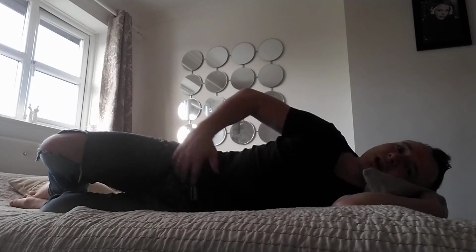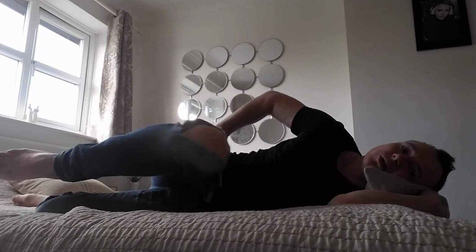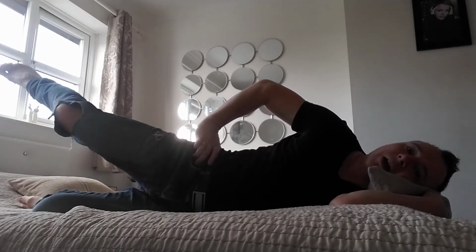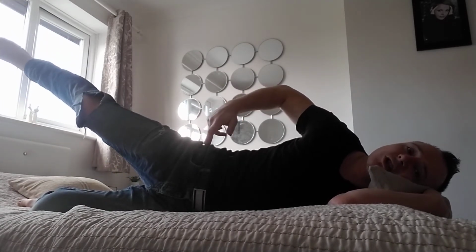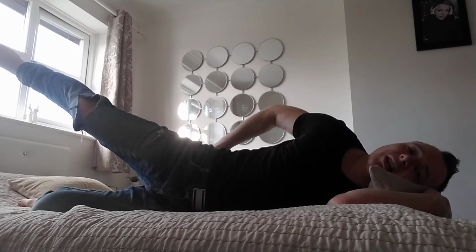So very simply, same kind of exercise. Come on your side, tummy in. This time, bring your knee up towards you, and then you're going to kick back and out. Notice the leg is high, so I'm lifting to the side. So I'm also using my tensor fasciae latae muscle as well as the gluteus medius and the minimus here,